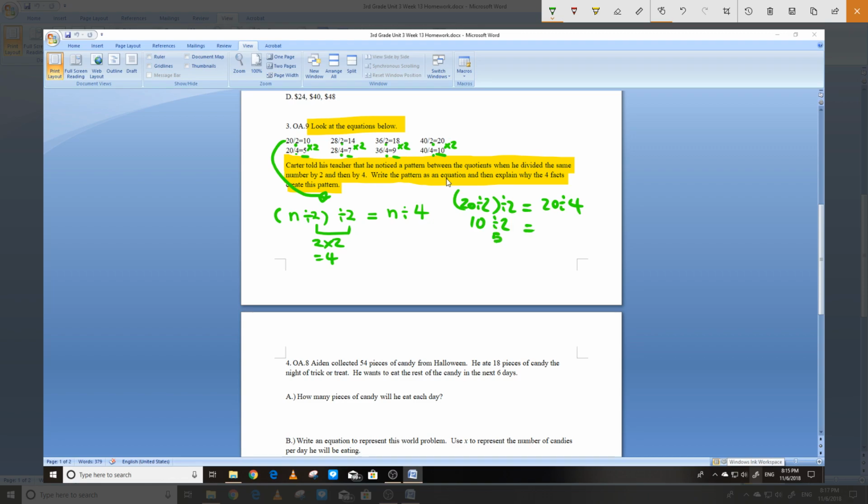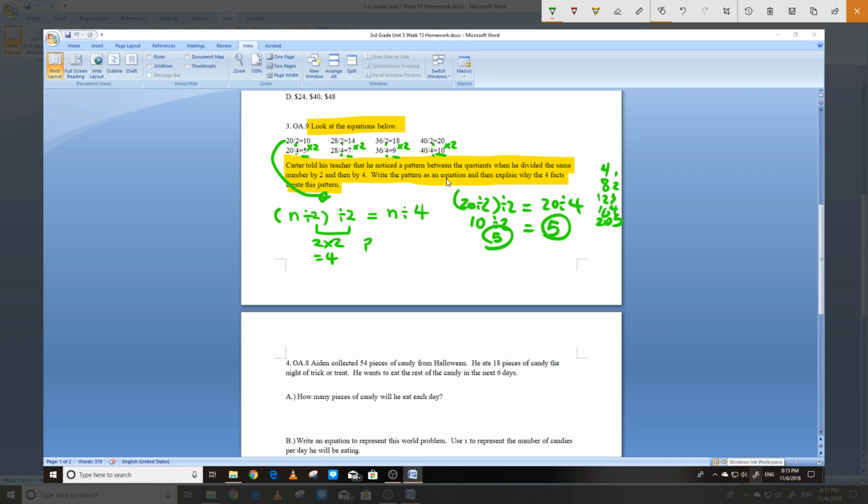20 divided by 4. How many times is 4 going to 20? That's 4, 8, 12, 16, 20. 1, 2, 3, 4, 5 times. What do we see? The answers here are the same. So that is the really tricky part. Okay? You have to say something like